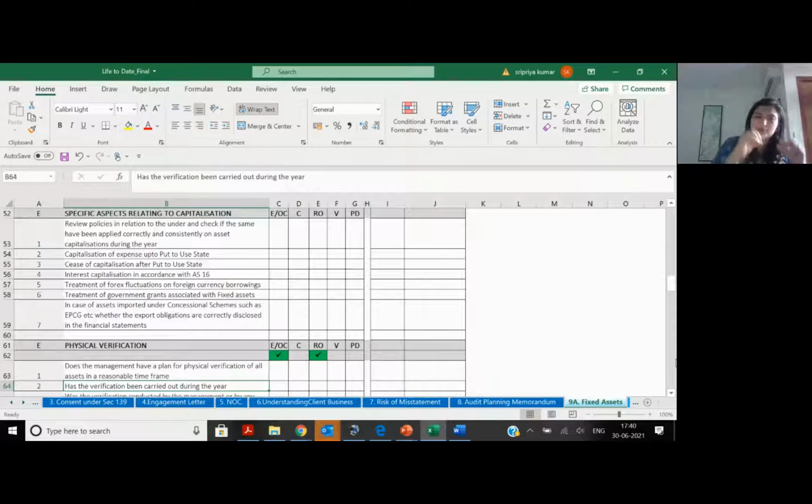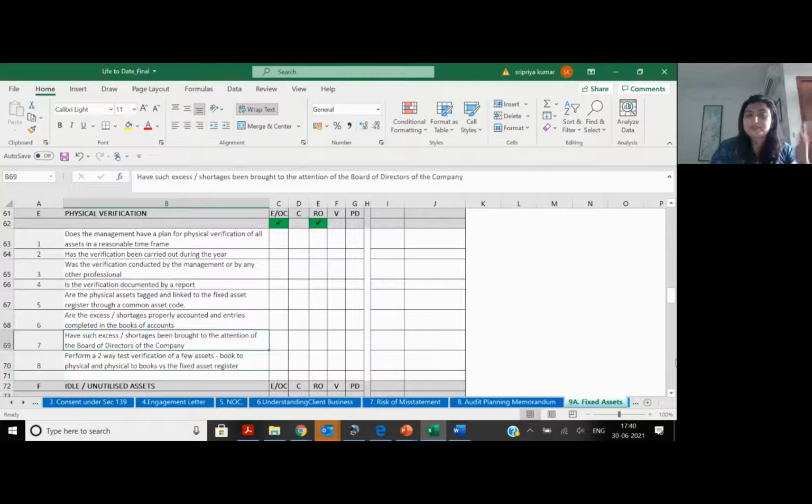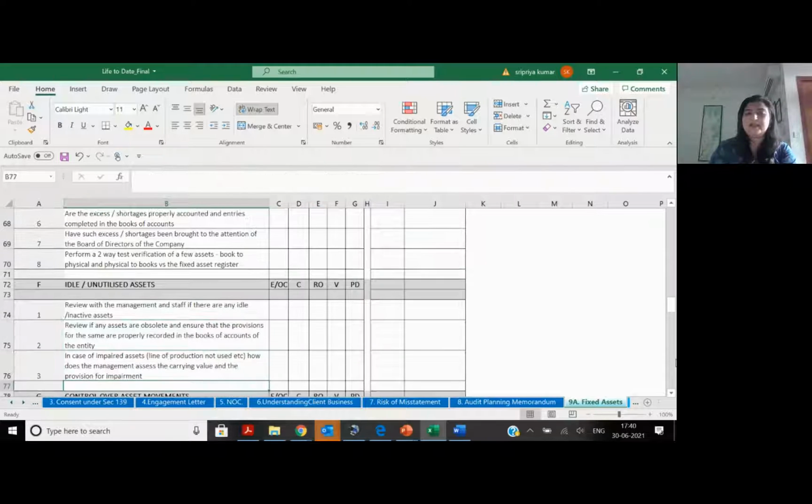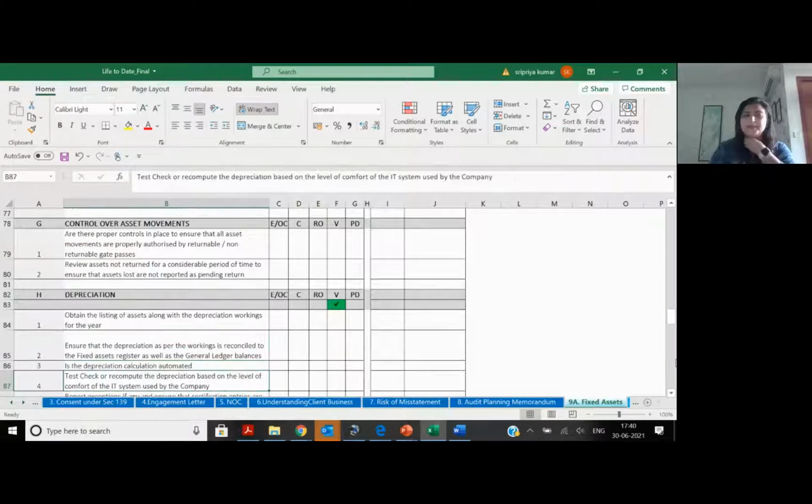All expenses connected to a fixed asset, at least they should be showing it under the mother asset name. And obviously, all your fixed asset register, I've again discussed in a separate bracket, but physical verification, as an auditor, please test. Do book to physical and do physical to book. Both are equally important. Idle unutilized asset, control over asset movements. They give you a fixed asset register. They say everything is there in the factory, whereas you see some assets are sitting in the subcontractor's premises. So whether the location is tagged correctly.